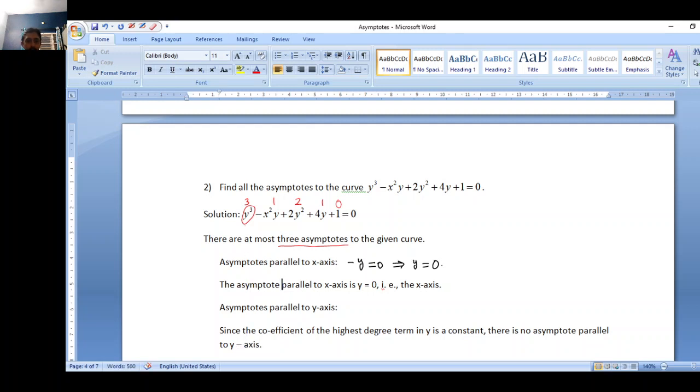Again, we should specifically say that this is the asymptote to the curve. So there is no asymptote to the curve parallel to